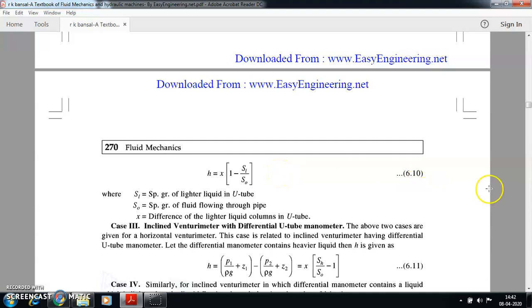How am I getting this h relationship? We are just equating the pressure values. The same way we have done the working in the many cases we solved in the pressure measurement devices in module 1, we are doing it here, and we directly obtain this particular result. So don't worry much about that, but you need to memorize these two cases.